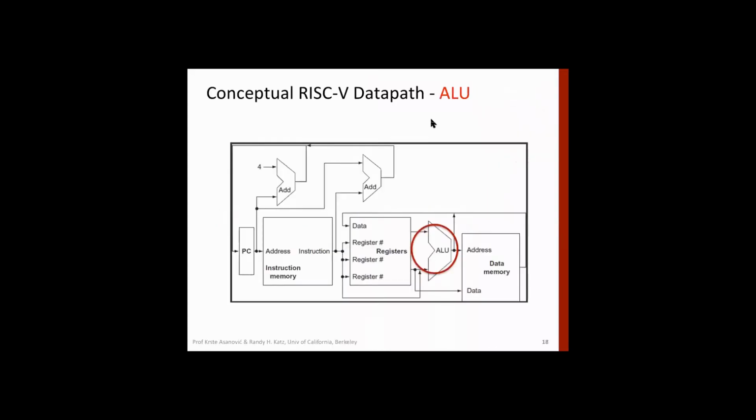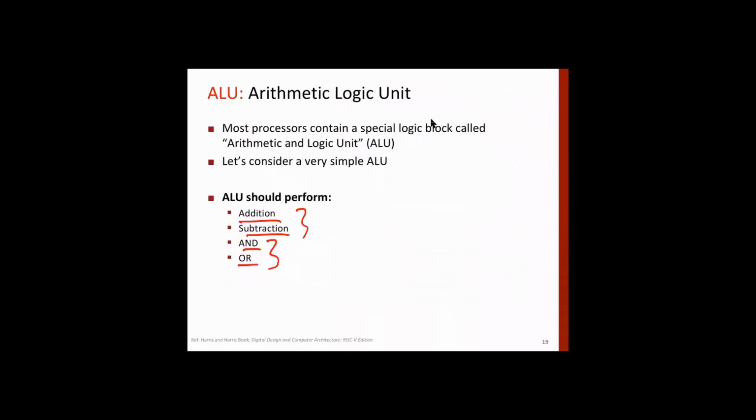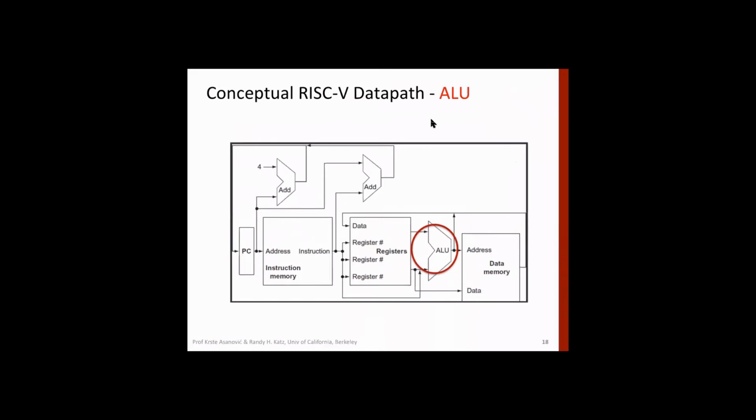And the ALU, as you know, can do arithmetic and logic operations. The number of operations that the ALU can perform could be many, depending on the instruction set. For example, if the instruction set allows multiplication of two numbers, then the ALU should be able to perform that. Division can also be performed. If floating point numbers are to be multiplied, then it has to support floating point operations as well.